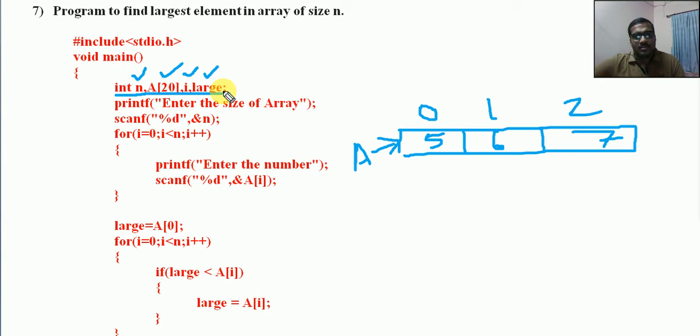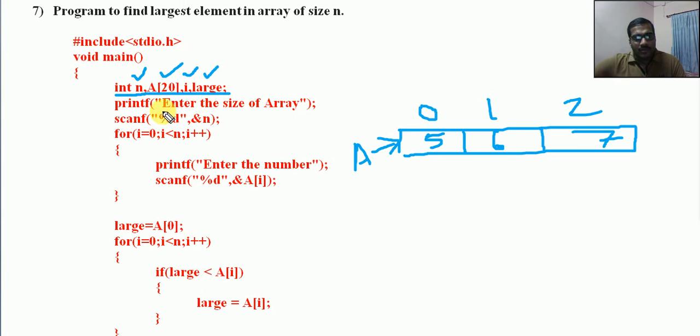We set some value and, based on the value of flag, we find something. Similarly, for finding the largest element from the array, we are using a logic with the support of a large variable, which is also an integer variable.